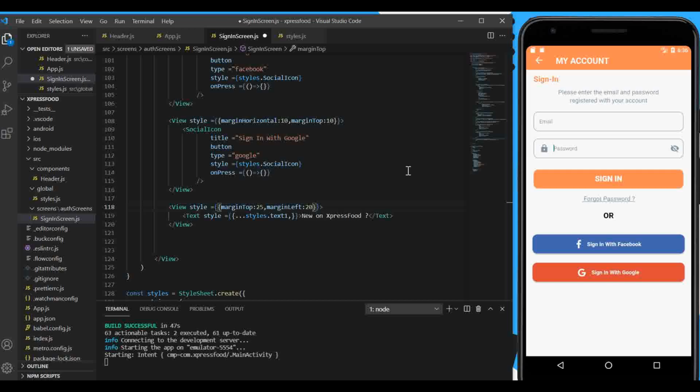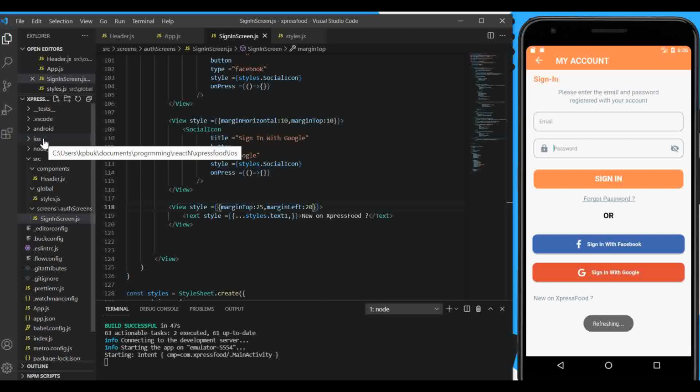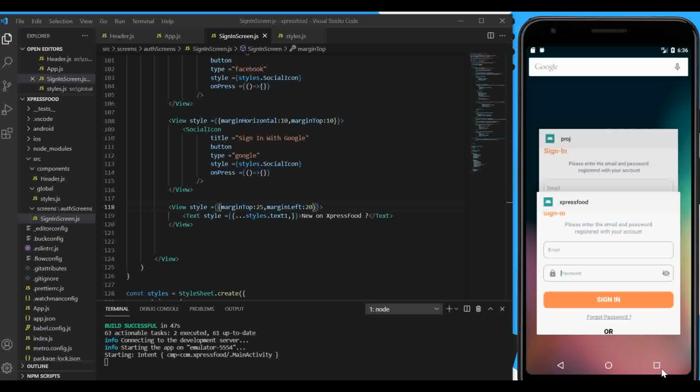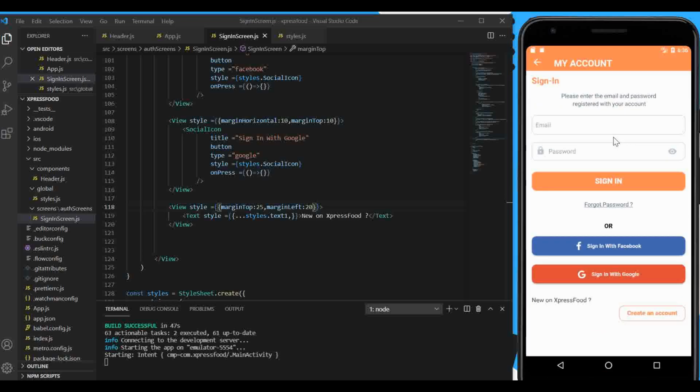Sorry, 25, not 255. Okay, this is good. Now we need to create one more item, and then this will be the last item, which is create an account. So we need to create this button, and for that we're going to create another view. We're just going to open a view below this,